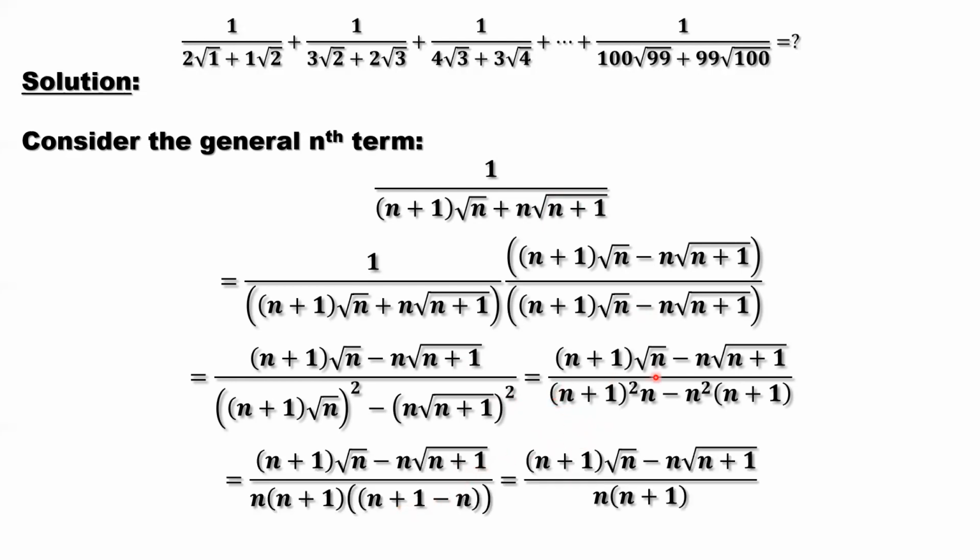So here, look at the denominator again. What is the common factor? You have n plus 1 here, you have n plus 1 here, you have n here, n here. So n times n plus 1 is the common factor. Factor it out from the denominator. So here, what's remaining inside? The first term, you have n plus 1 because you have square here, 1 more here. And here you have n squared. You take 1 n out, you have 1 more n inside, that's minus, minus.